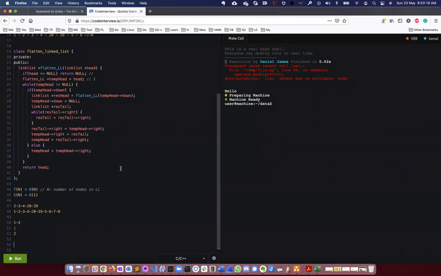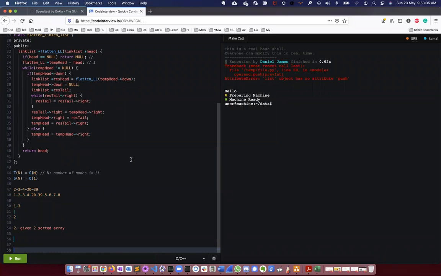The question is, you're given two sorted arrays. The first one is of size n, the second one is of size m.